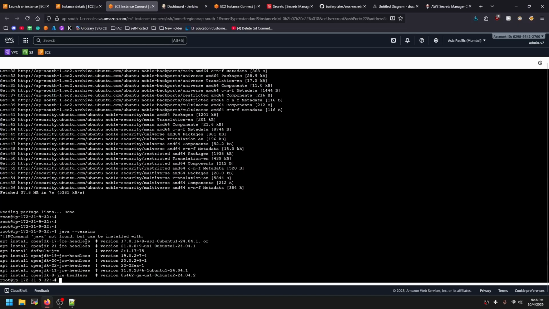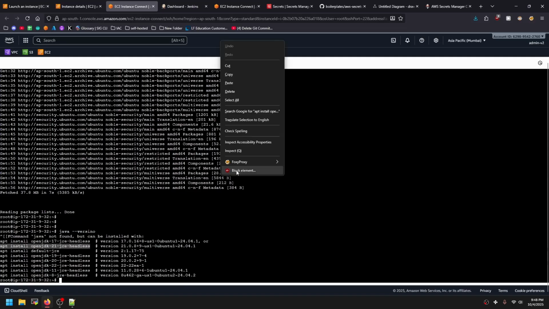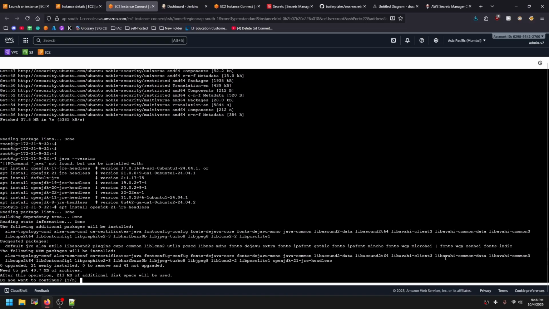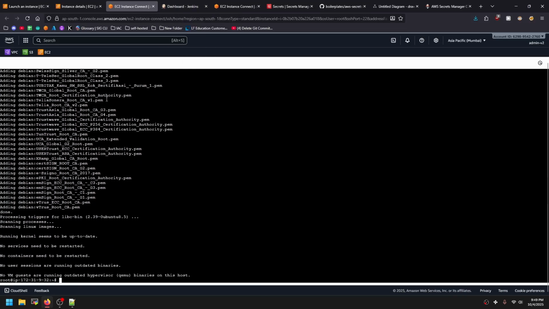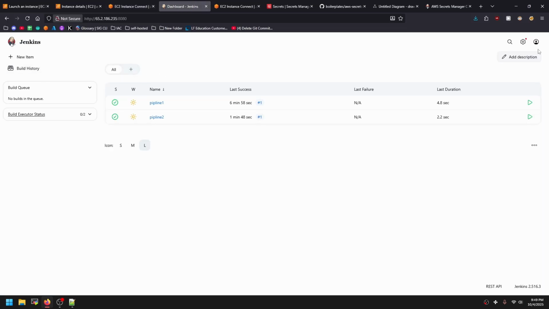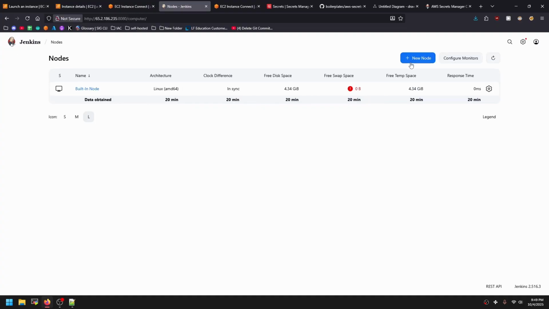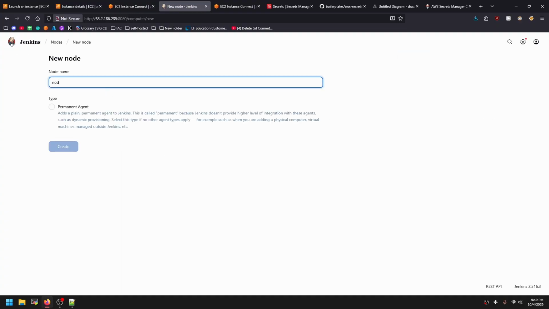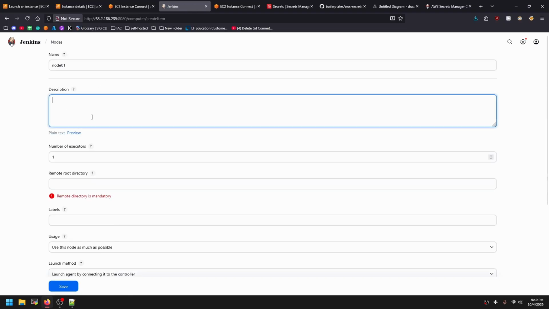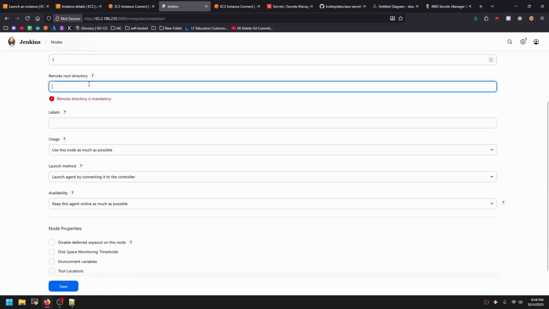So this provided me a Java version. I'll copy this command and paste it here, so the Java package gets installed. After this, go to the build executor status, click on add node, type node name as node 1, and choose permanent agent. The number of executors, we don't need to change anything here. The home path is Ubuntu,